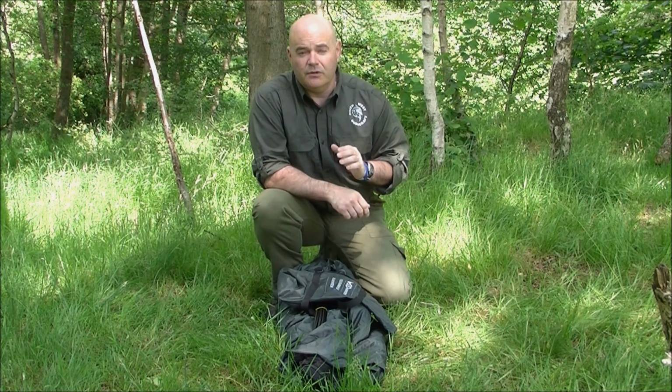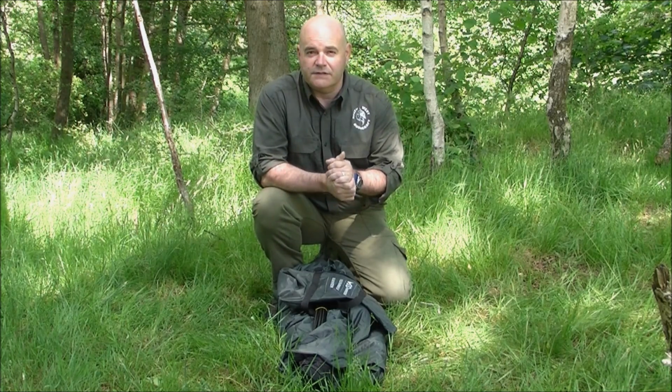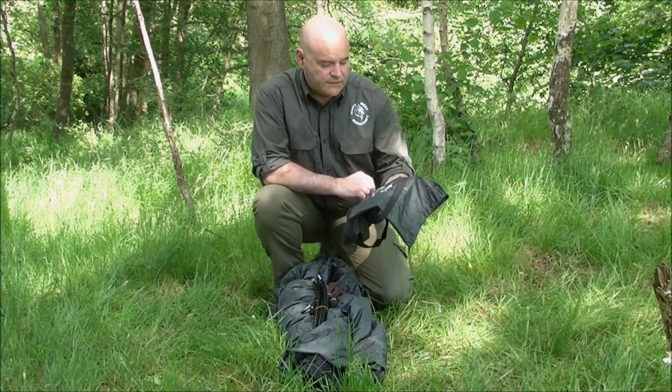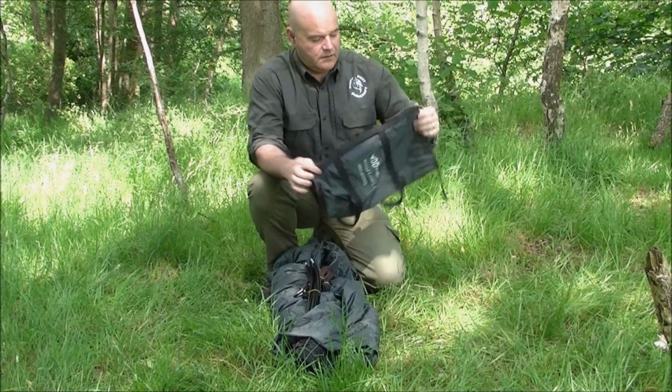I've been incredibly lucky to have received in the post the new DD Hammocks Modular Hammock System. And you guys are going to be the first people, I think, probably in Britain to see the whole thing get put together. So the one I've received is the DD Jungle Hammock Modular System, and it comes in this